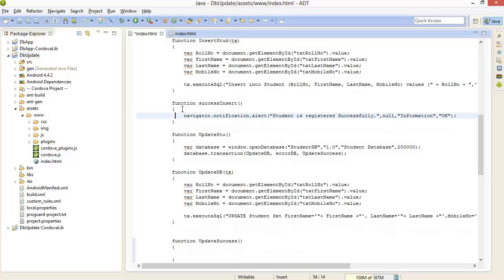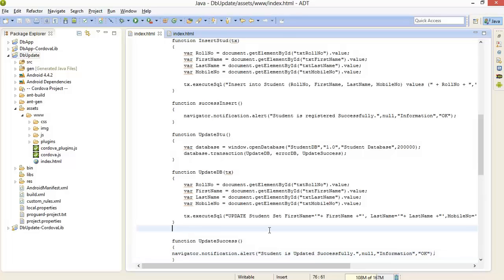Just copy this alert, updated successfully. Now we are going to update the roll number 2,